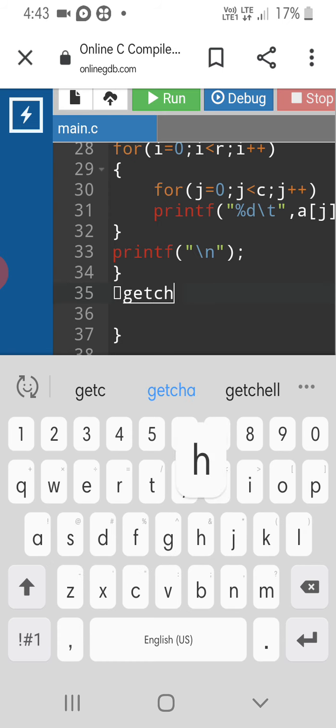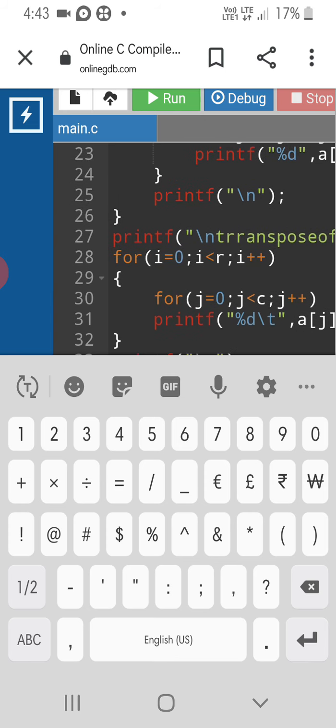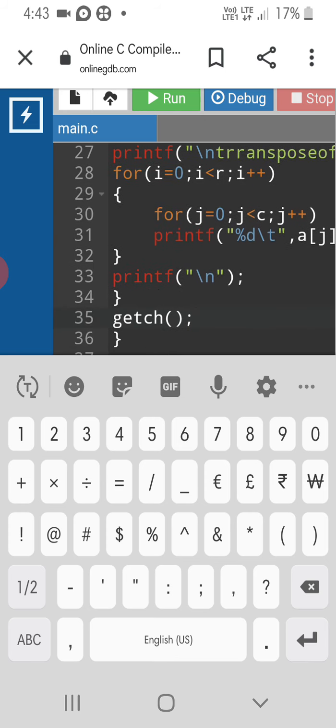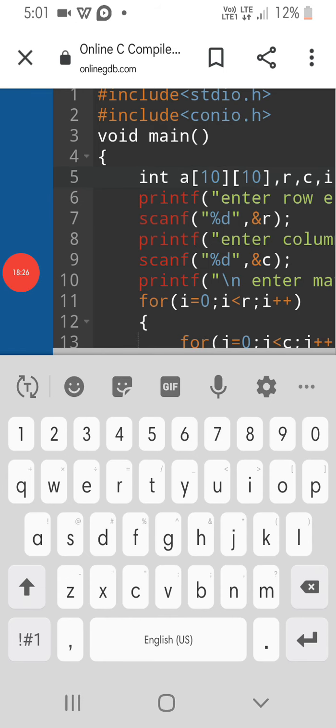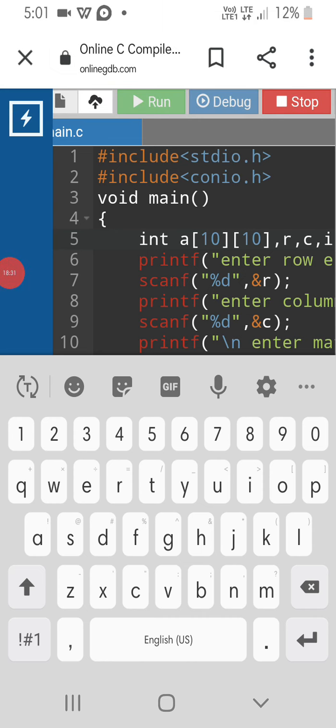Then getch, which is used to hold the screen at the end of the program. So we completed the program and run the program.